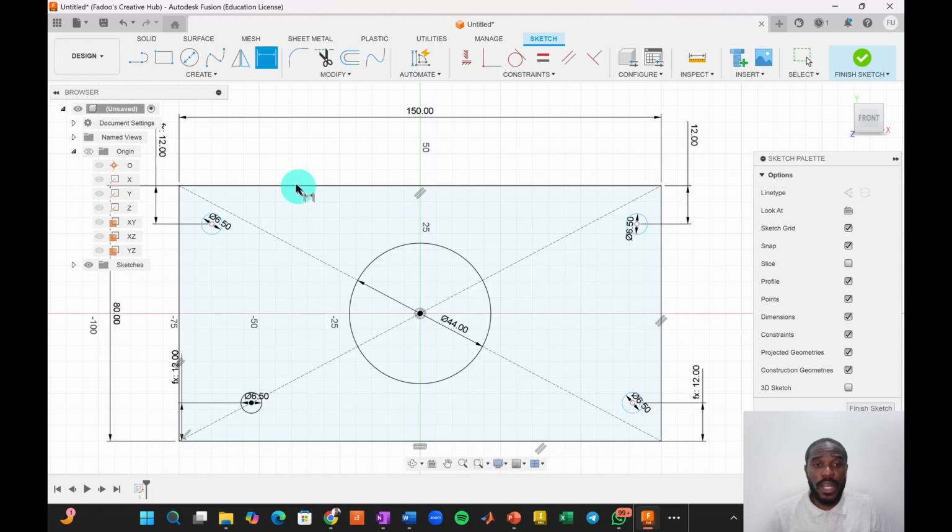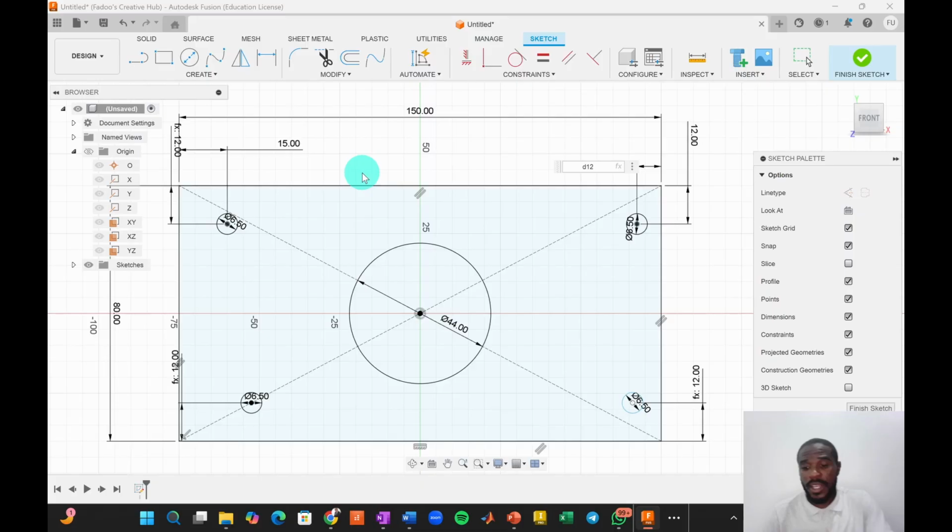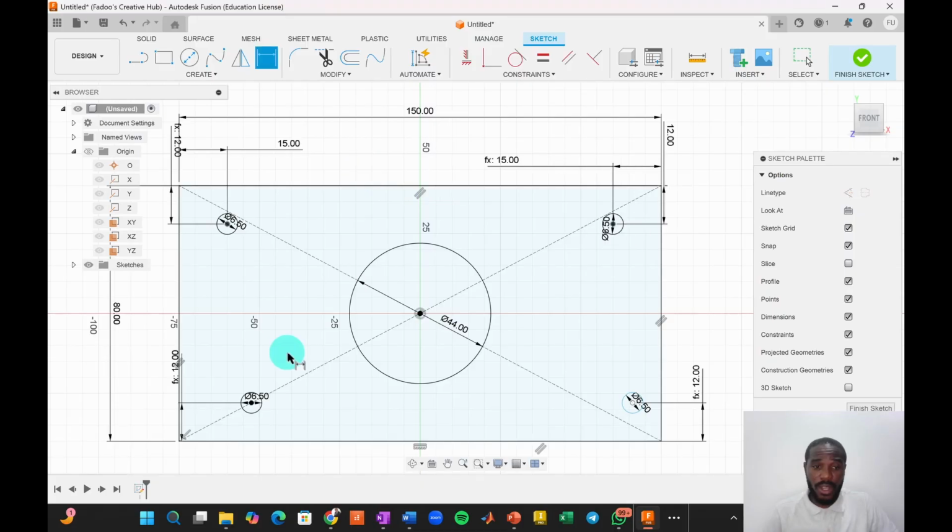So next thing, the dimension from the center of this circle to the vertical edge was what? Was 15. So type 15, right? Enter. Okay, and so I'll do the same thing for this and this, and I'm going to make that 15. Again, there are so many different ways of doing this, but for now, let's do it this way. Distance from that circle to this edge